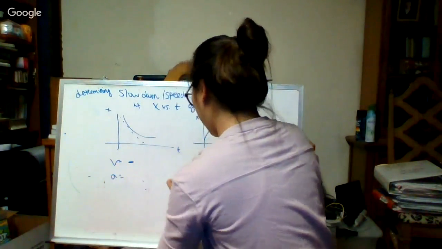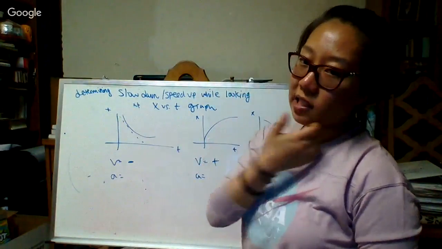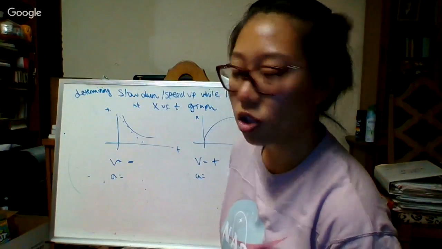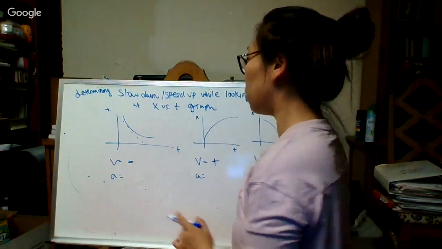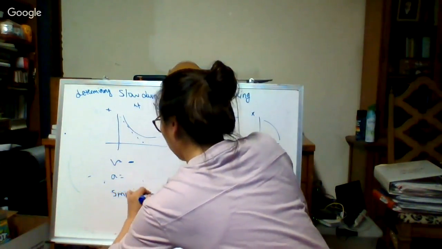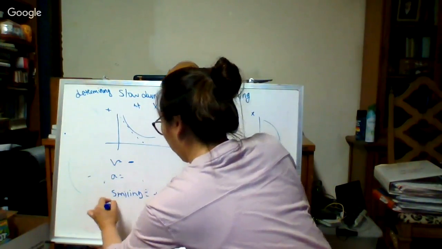Acceleration is about, when you're looking at position versus time, you can look at the smiley faces, which is something that your pre-calc teachers will probably teach you later on, and your calc teachers will definitely teach it to you. If it's smiling, it is positive acceleration. And if it's frowning,